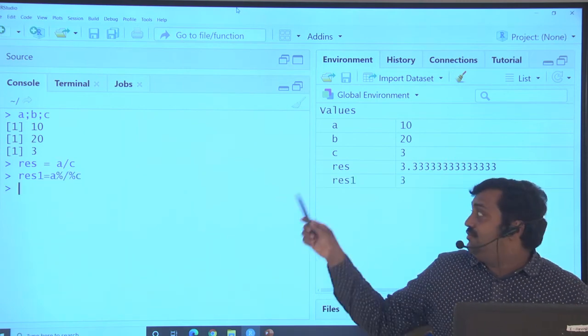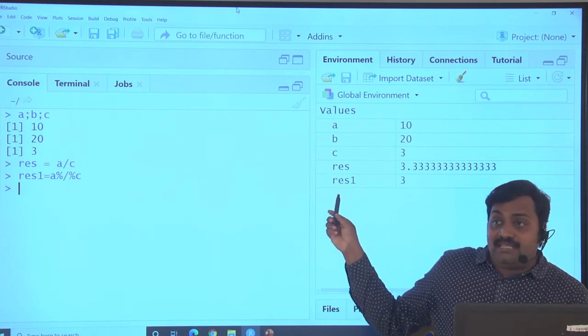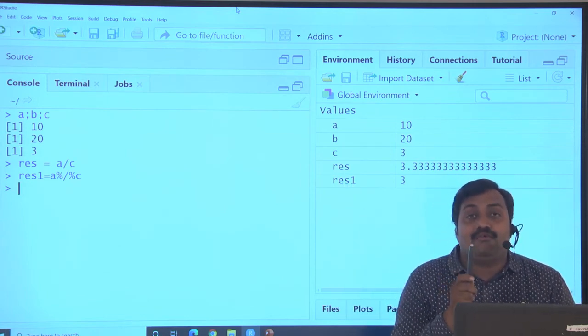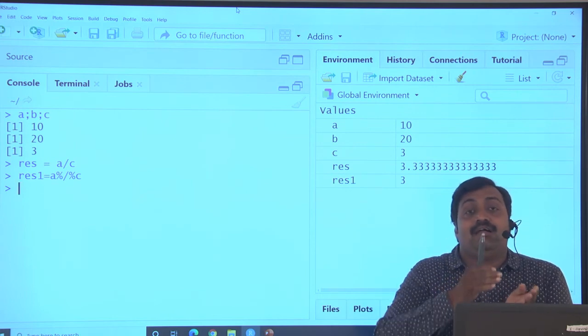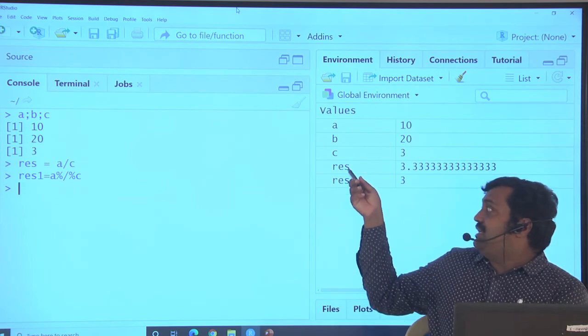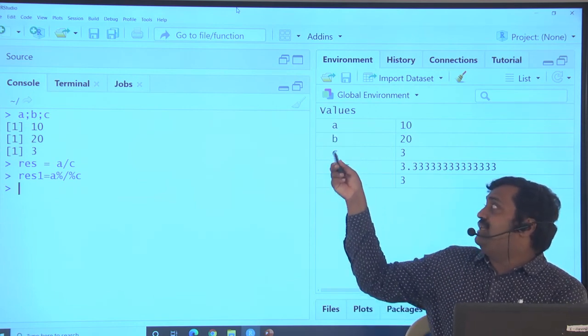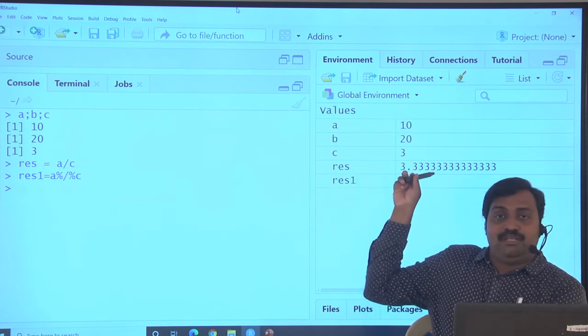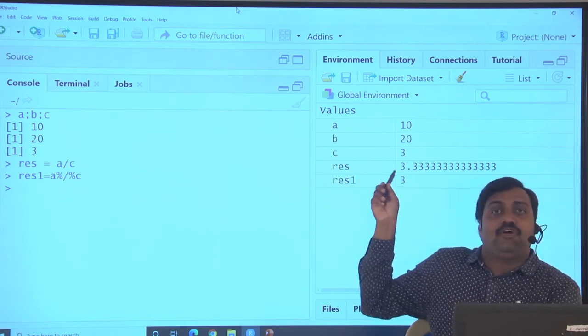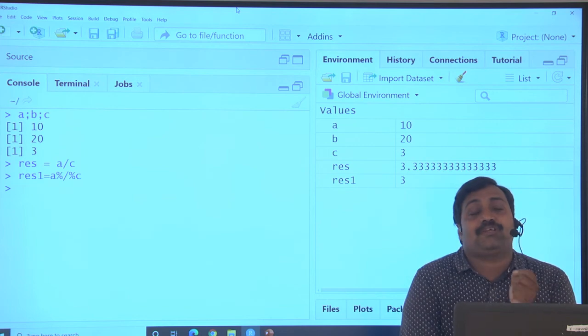You can observe that it stores the integer value, converting the double value into an integer. Previously performing the same a by c, I got 3.3. Now with integer division a by c, I get the rounded integer value 3. That is the special operator.